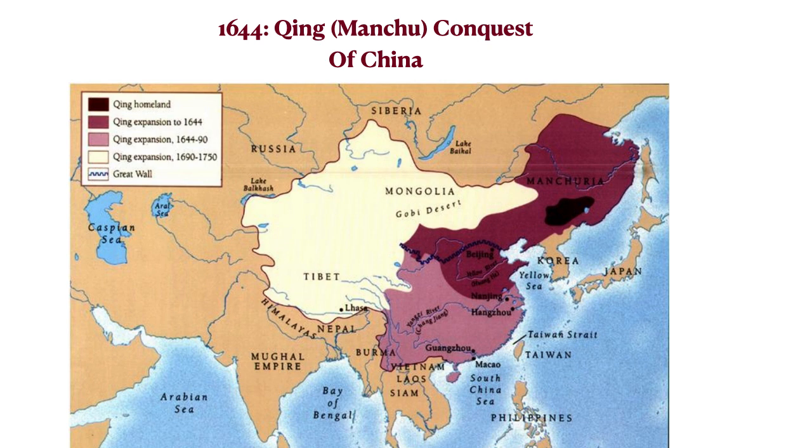You can see the Manchu homeland in that very, very dark area north of Korea, and then its expansion. Ultimately, the Manchus included all of Manchuria, and almost all of Mongolia, Tibet, Xinjiang, or eastern Turkestan in the far northwest of China, creating a larger Chinese, if you will, empire than had previously existed.